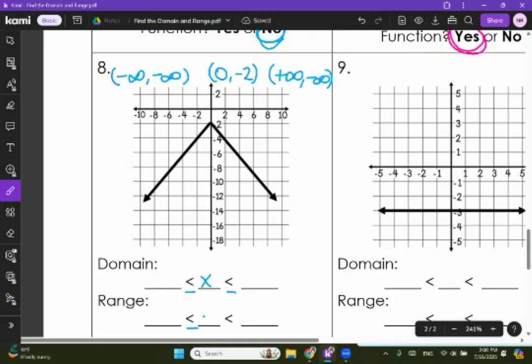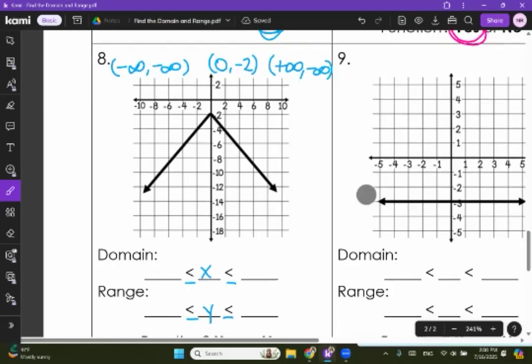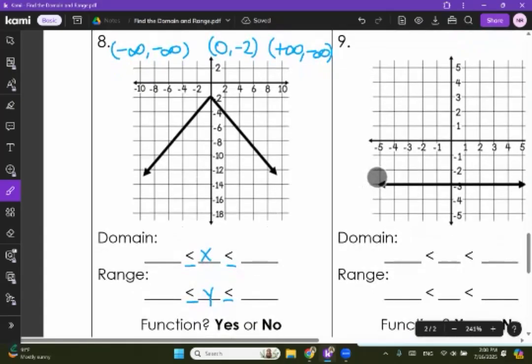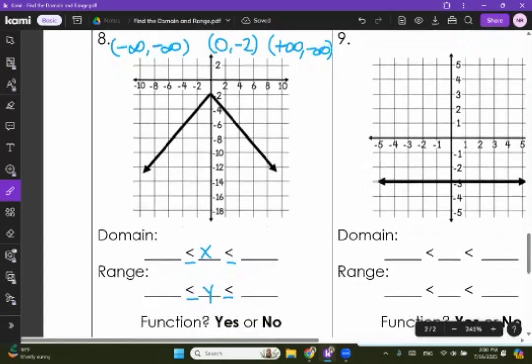All closed circles. This peak here, there is no physical gap. Unless you physically see an open circle, it is considered to be closed. All right, so for our x values, we go from -infinity to +infinity. So x is a set of all real numbers. Okay, for y,